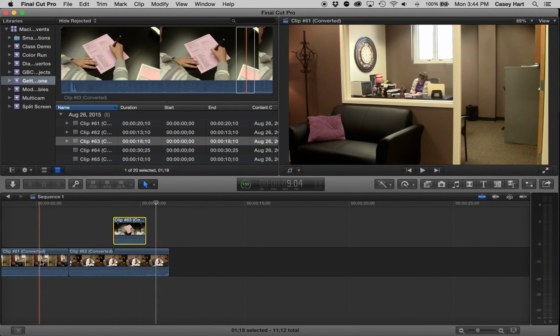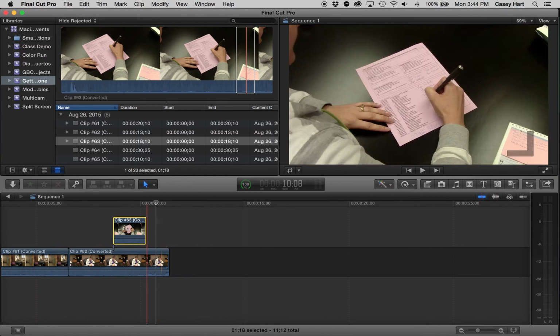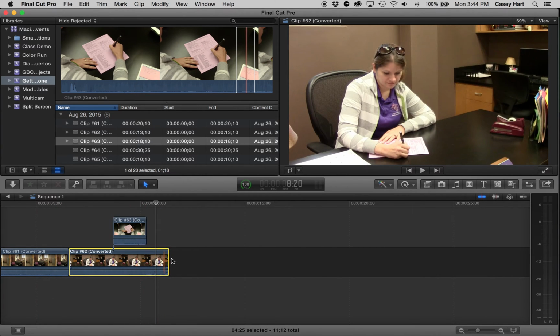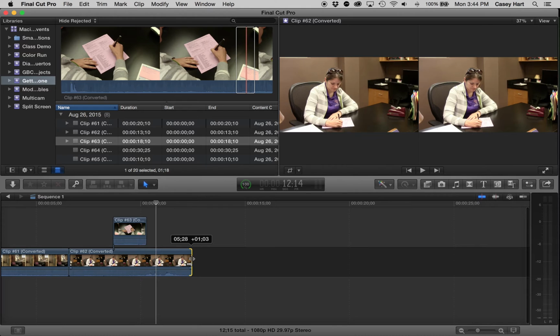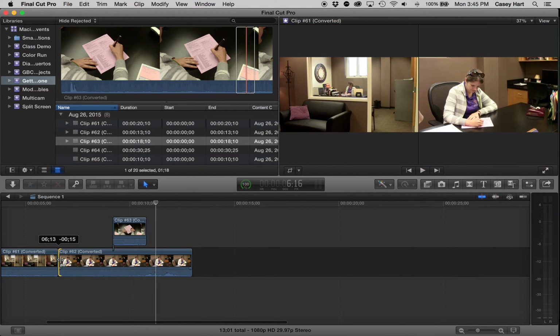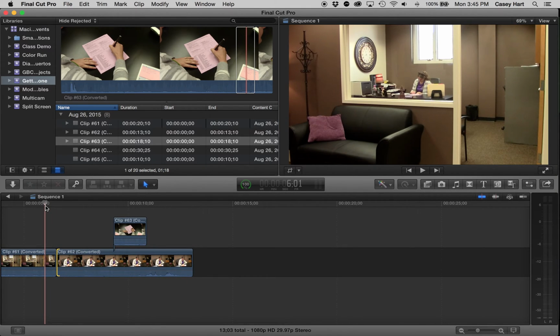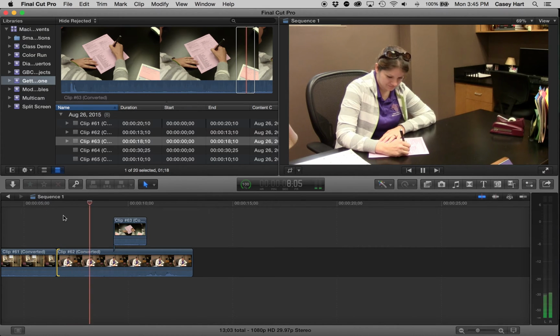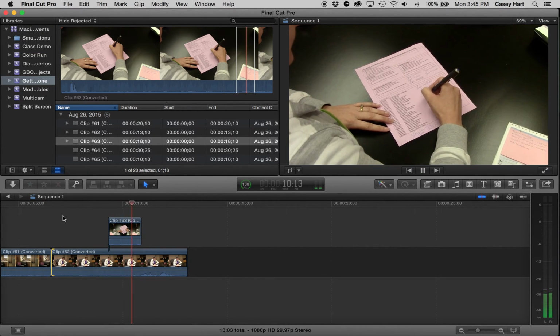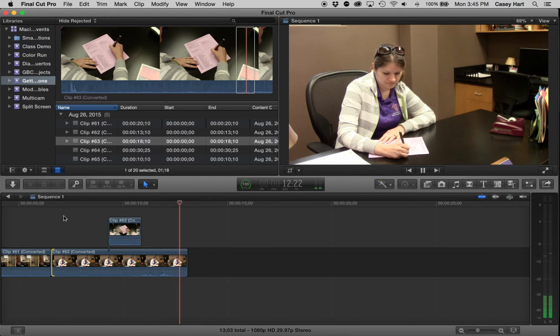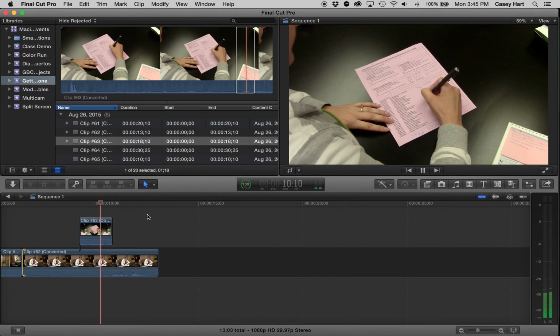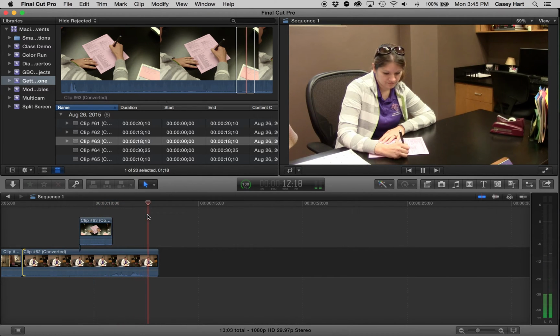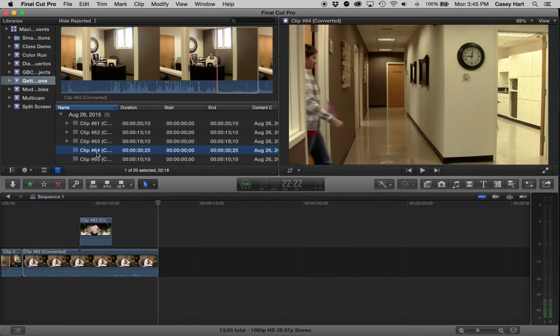Now, once we've put items on the timeline, we haven't destroyed anything, and we can add to our timeline sequence anytime we want by simply grabbing an end and extending it out. We can also extend the front to give ourselves a little bit of extra time, just like that. There it is. So we cut in, see what she's writing, cut out, and then